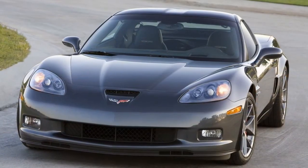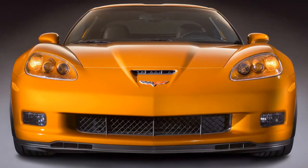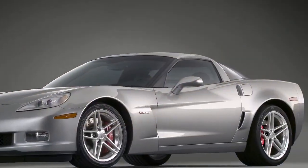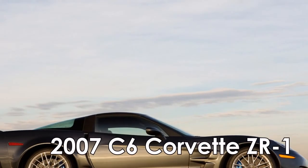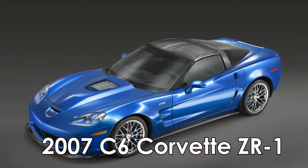The Z06 body differentiates itself from the standard Corvette with its larger front and rear fenders and an inlet air scoop on the front bumper. The front fenders were constructed with carbon fiber and the rear fender contained ducts to aid cooling to the rear brakes. In December 2007, General Motors announced that they had achieved the target of 100 bhp per liter with the